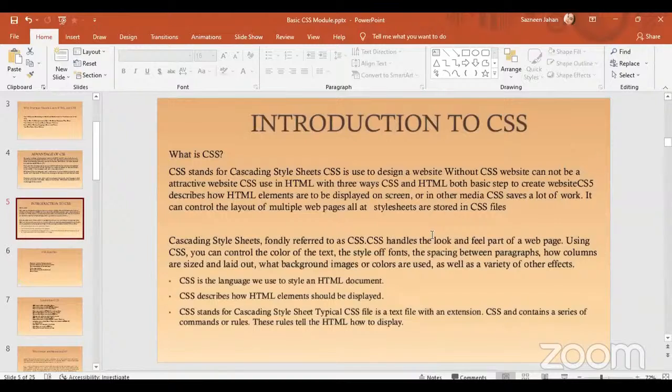CSS is the short form of Cascading Style Sheets, and that is fondly referred to as CSS. It handles the look and feel part of a web page. Using CSS you can control the color of the text, the style of fonts, the spacing between paragraphs,